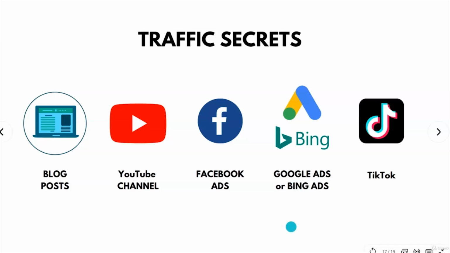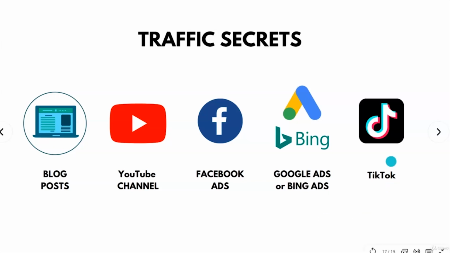A fourth way is to do the old-fashioned way of running ads on Google or Bing. It is simple to start, but you are competing with a lot of companies and the costs can be high. You need to learn how to target the right people. Bing is less expensive than Google, but also limited because you can only run search campaigns. Google gives you more flexibility when it comes to the type of ads that you can run, but they are also very strict, so make sure you follow the guidelines.